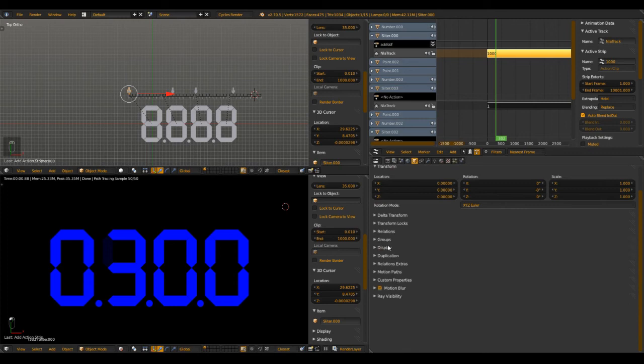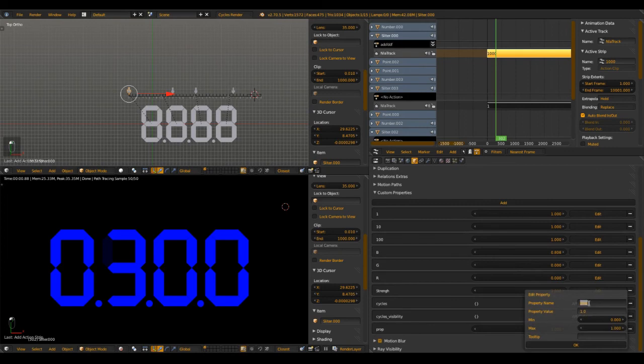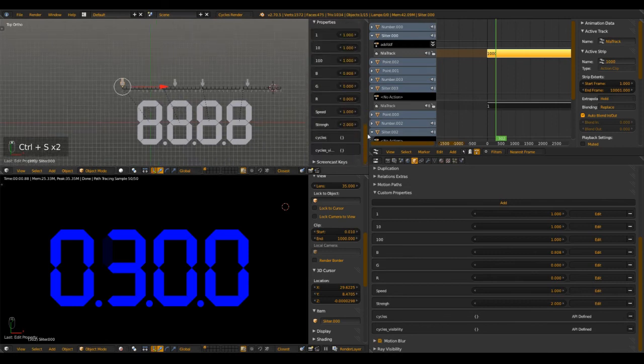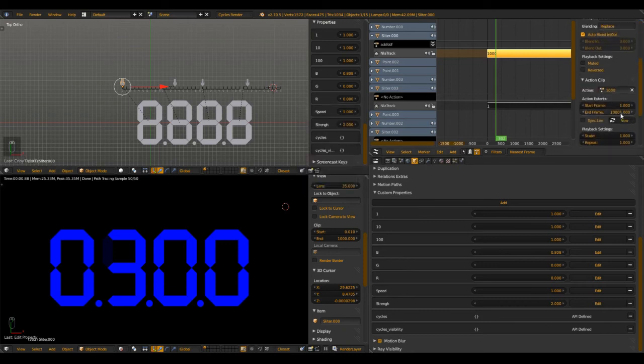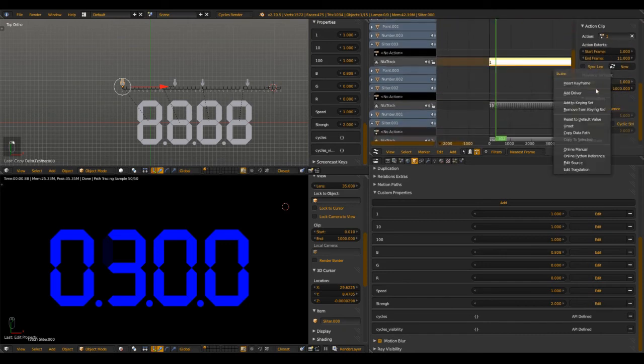Let's see. Custom properties, add, and call it speed. The maximum value is 10, because maybe we want to have a super fast counting. So copy that above and add a driver in the scale. So add a driver,